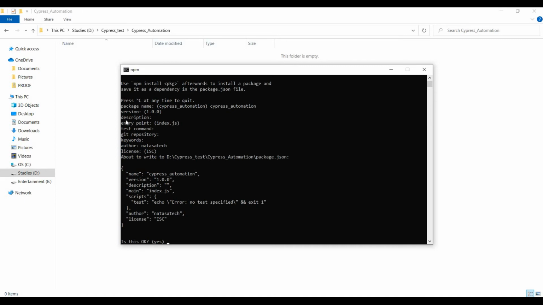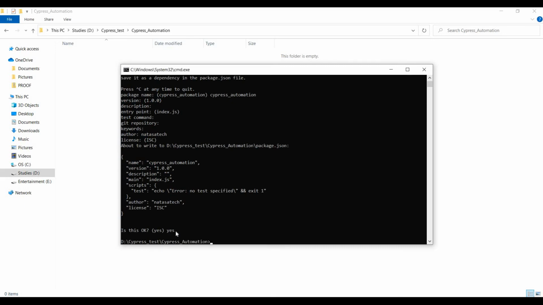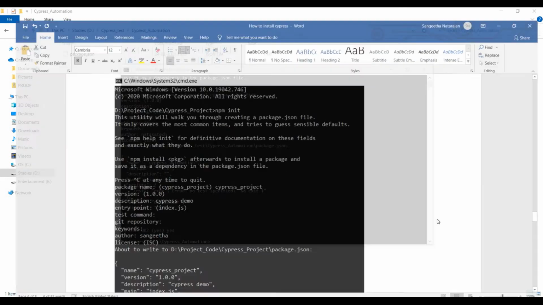What you gave before, the description and version, that information will be updated inside package.json. Okay, so this is the basic structure you have to give. So here I'm going to give yes. Now we have successfully created package.json.